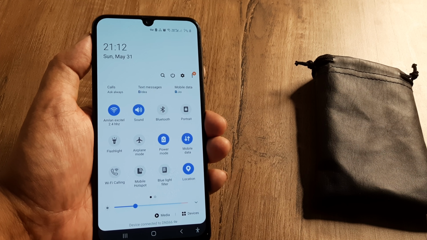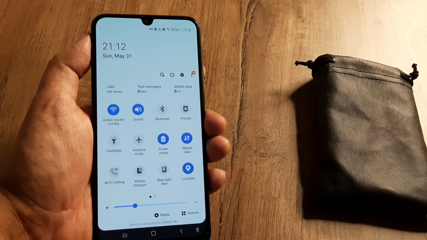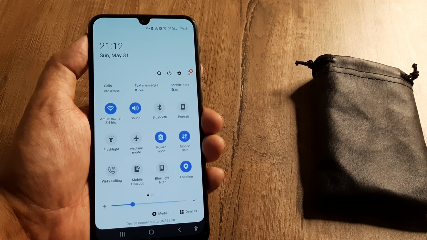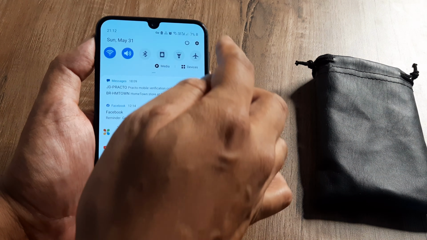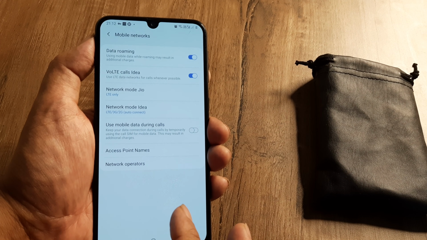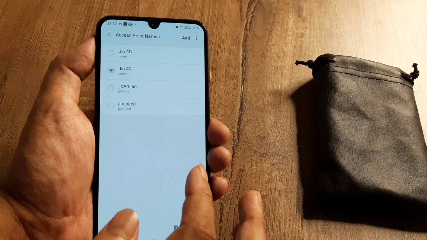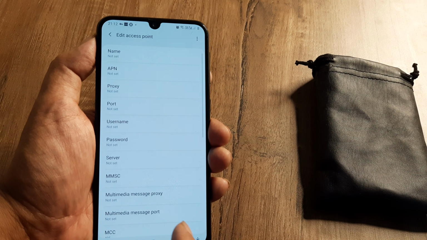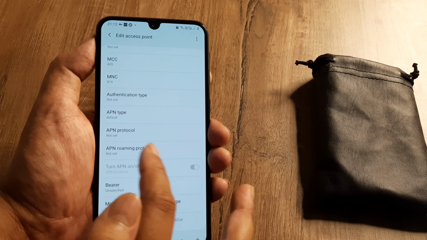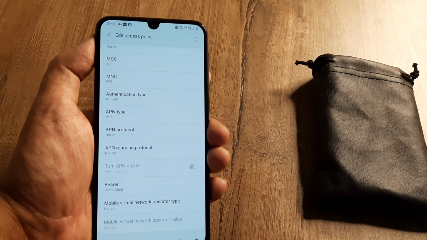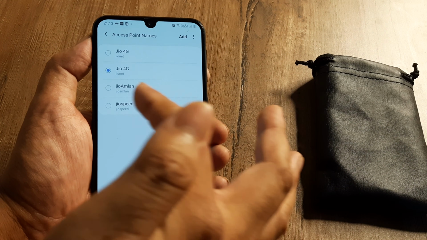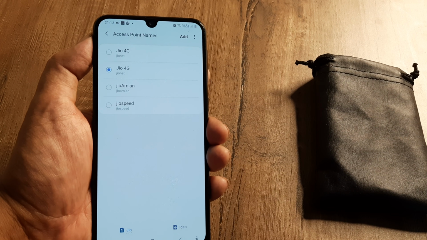Many of the times I have heard people saying that setting their APN manually helps them get the mobile data connection at the earliest. So I will just show that again. You simply need to go to your settings, go towards your connections, towards the mobile networks, towards your access point names, and here you can add one. We will tell you about the different settings in a different tutorial. The most important thing here is that the APN roam protocol is set to IPv4, IPv6, the parent needs to be google.com, and you can give it a name and make that the default one for accessing the net.